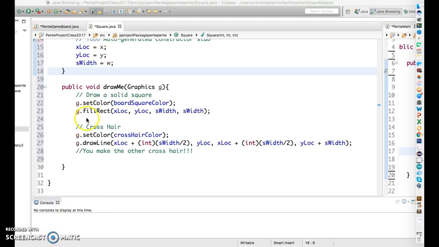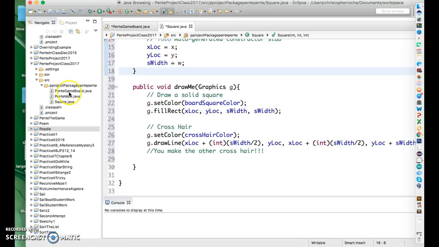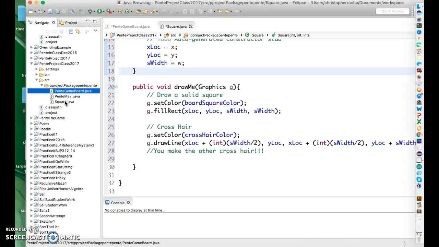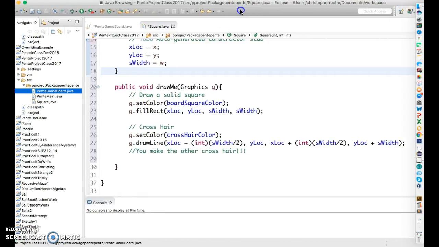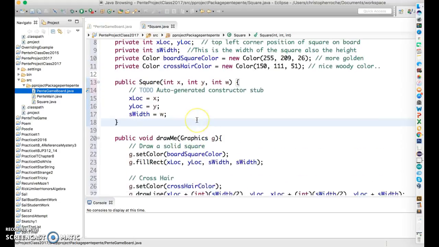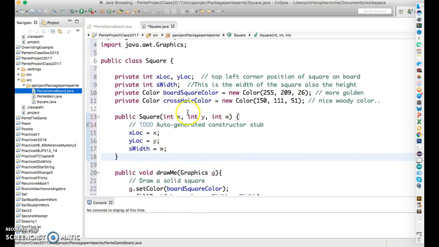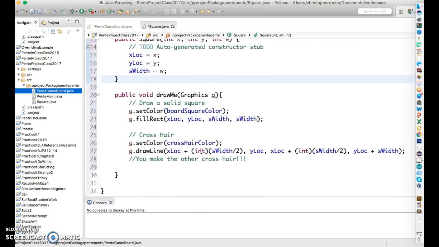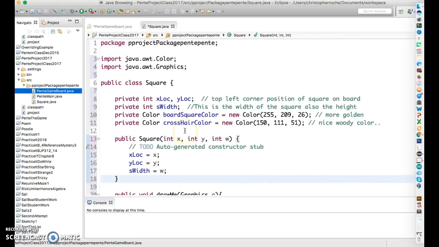Okay, hi, we're back with Pente, the game. We have a Pente board, we have a Pente square class established, and we have a Pente main. What we're trying to do right now is get one of the squares to pop up. I have all the information to make one square. If I can just get it loaded and called and drawn from the board, the game